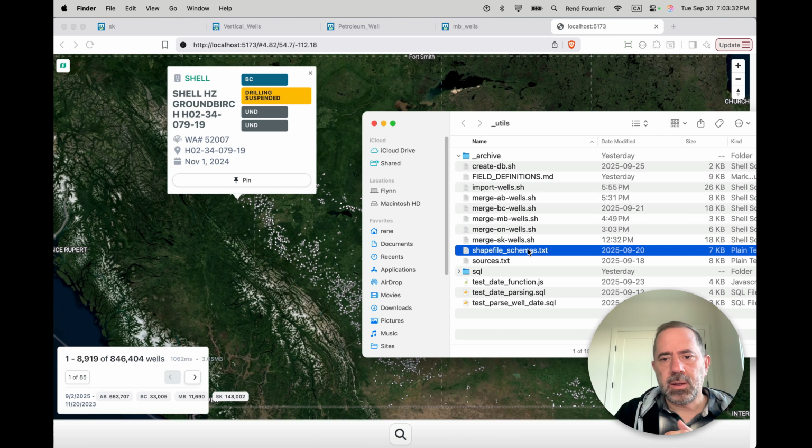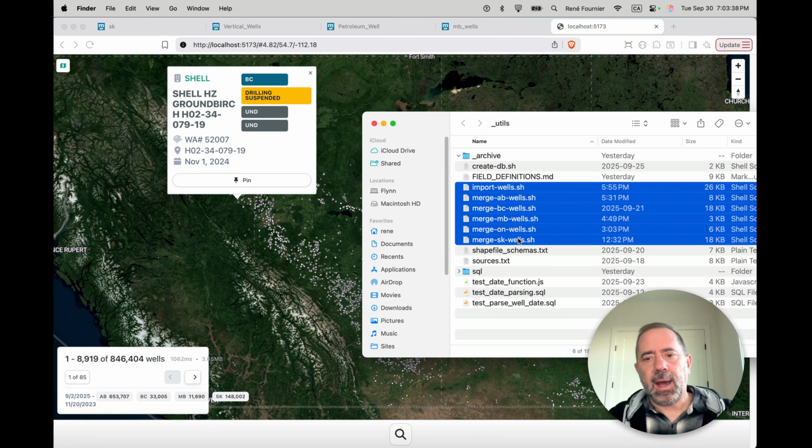Files like shapefile schemas, it doesn't need to know this, or field definitions, doesn't need to know that. Not yet. I just want it to, kind of like with blinders on the horse, and we are racing towards the finish line, understand what is going on here, and then offer feedback.